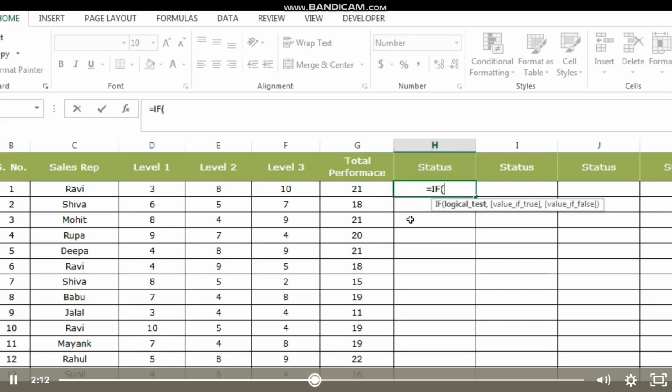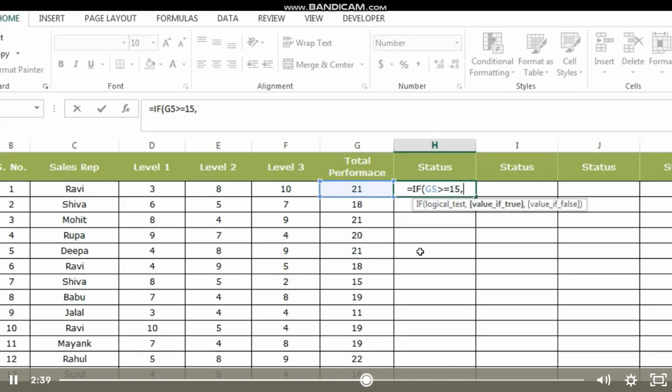And we are standing on logical test because it is bold right now. So logical test is basically the condition that we need to put in this formula. So the condition is if total performance, which is G5 in this case, is greater than or equal to 15,